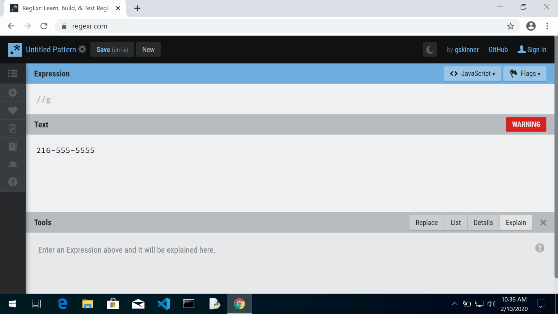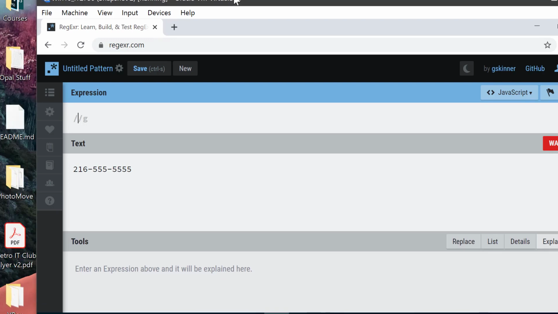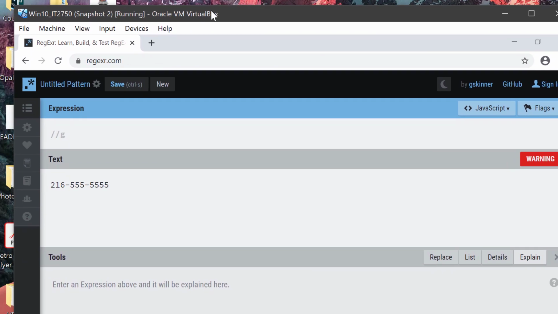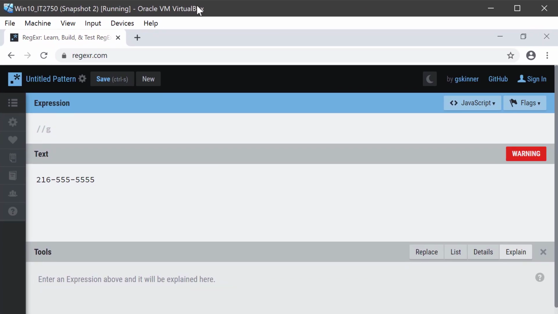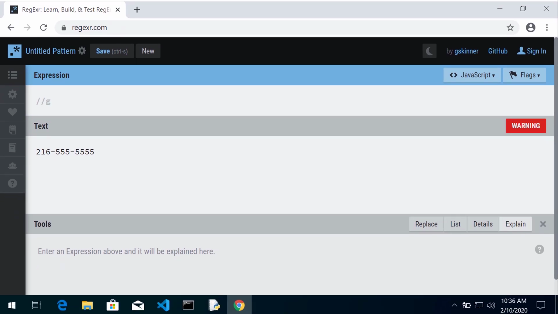So I highly recommend that you look at ways to test your regular expressions. I use a website called regexr.com. And what this website does is it allows you to test regular expressions against various text. So you see down here, I have a phone number,